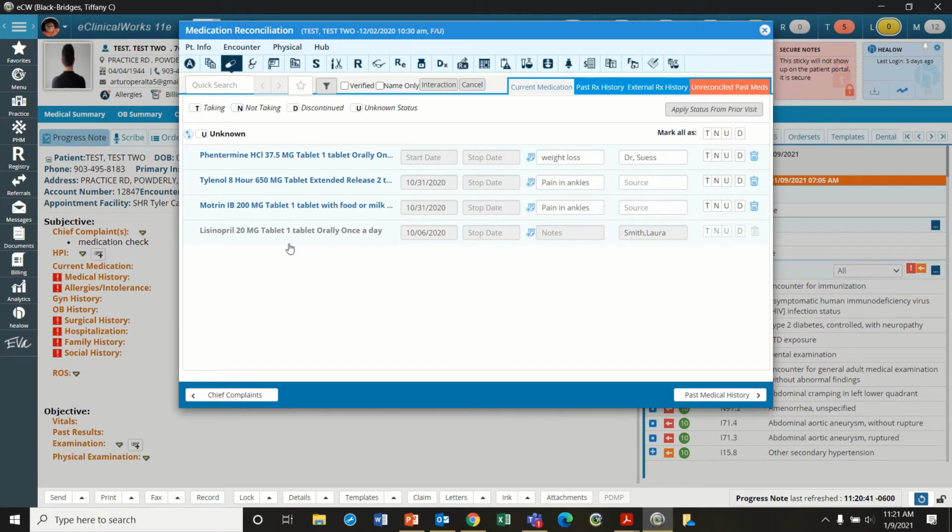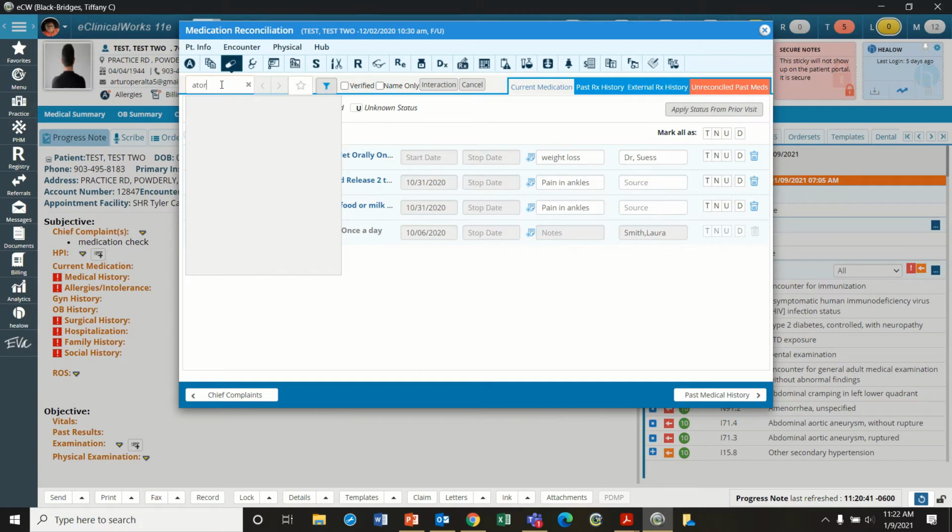Let's say, while asking the patient this question, they disclose that they're taking atorvastatin that was prescribed by Dr. Max. Let's go ahead and add that to the system. First, we go to quick search. We type in the name of said medication. We locate it,